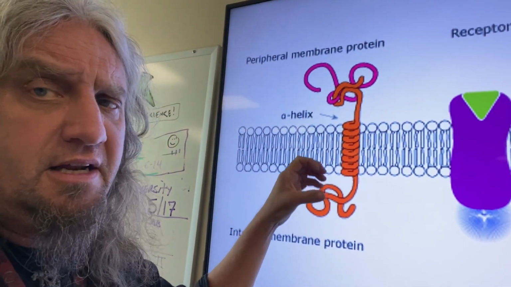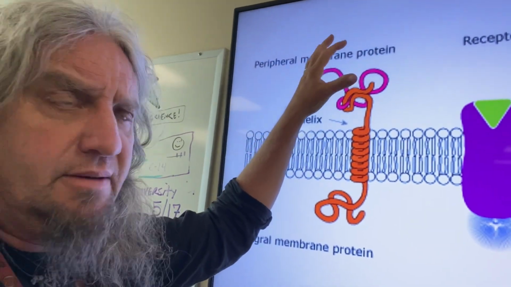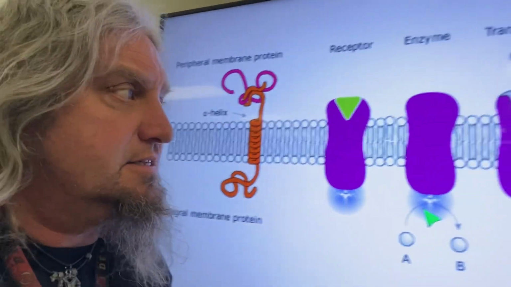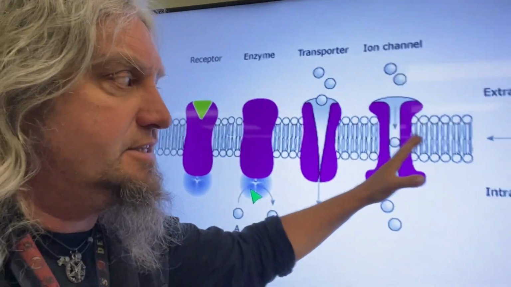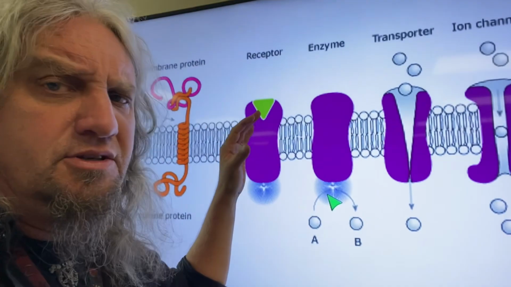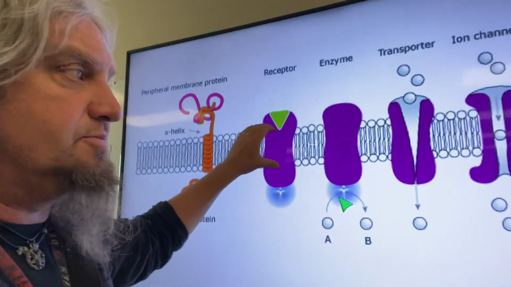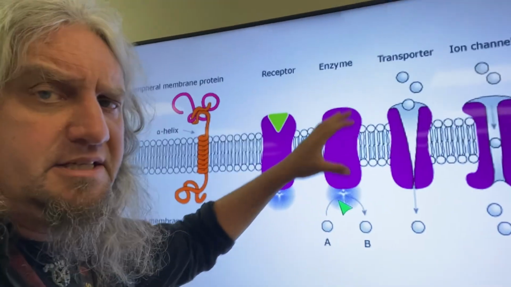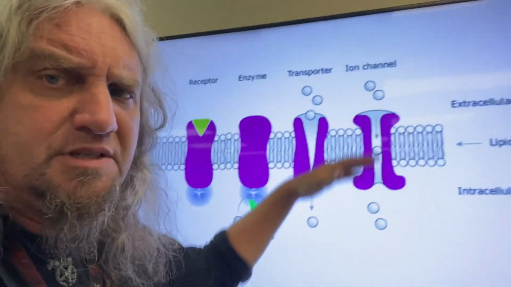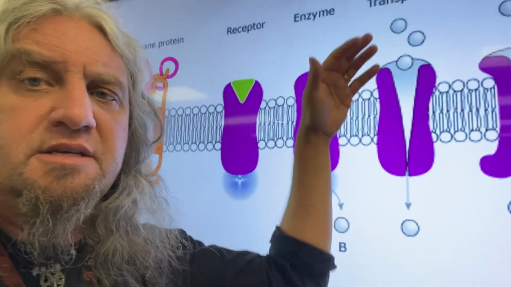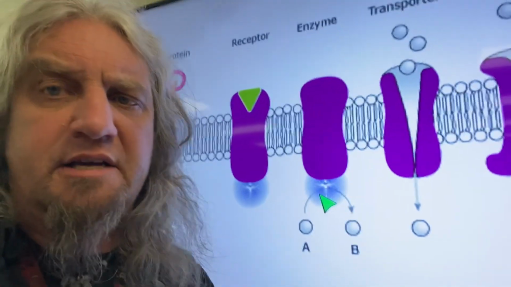peripheral proteins that have things like glycolipids. We usually call these antigens. They identify what the cell is and what it does. And so different types of proteins enable the cell to do different jobs. The membrane is made up of lipid, but it's the proteins that allow the cell membrane to really do specific jobs. If there were no proteins in the cell membrane, all that could happen would be simple diffusion of lipid-soluble